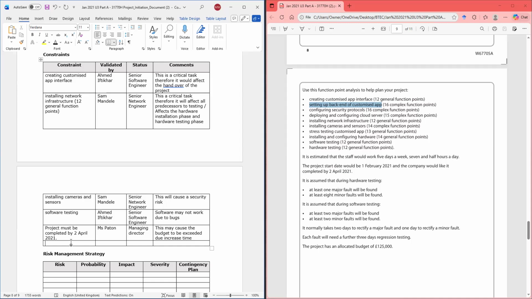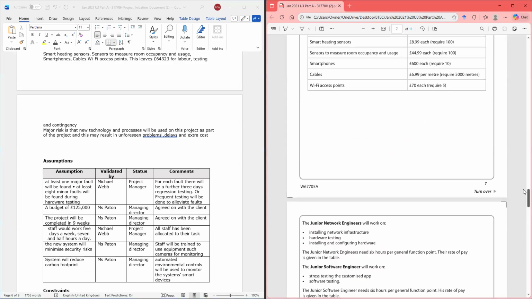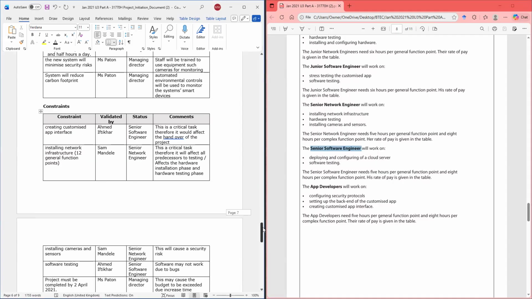We are looking at the interface, and the backend would be what is done. But let's not use that. Let's go to here where we have the junior network engineer, or senior network, deploying configuration of that software testing. So let's say the senior software engineer becomes ill.